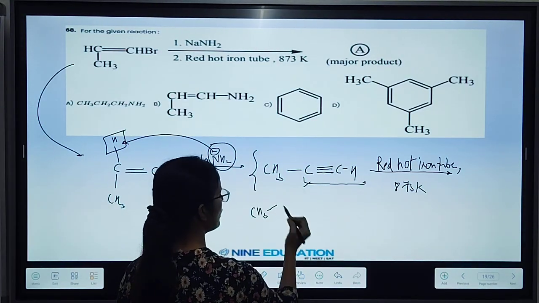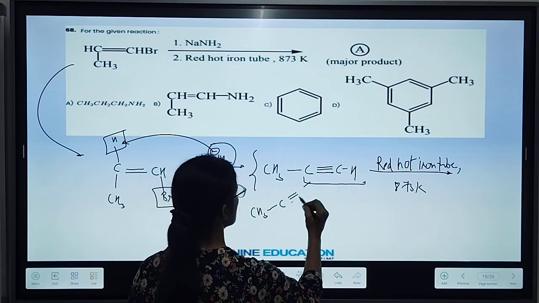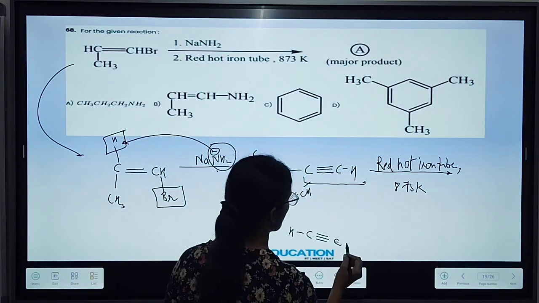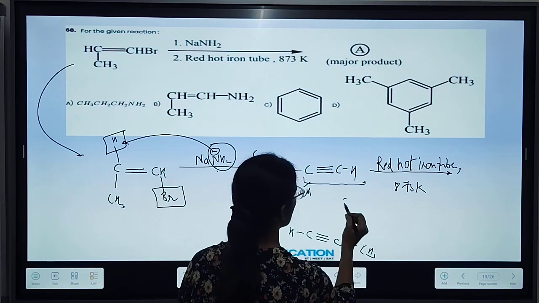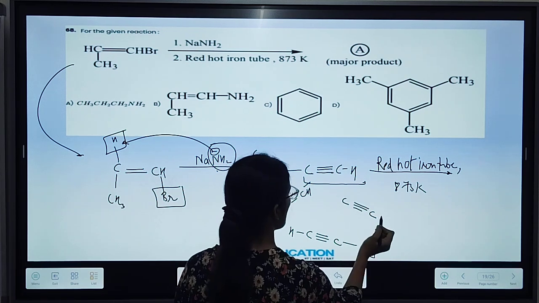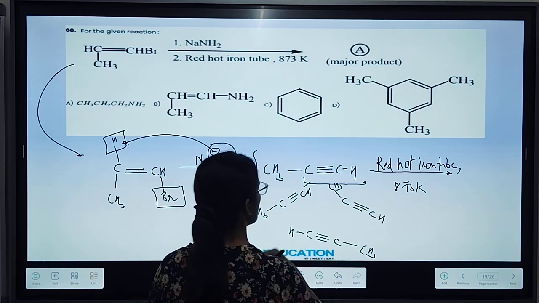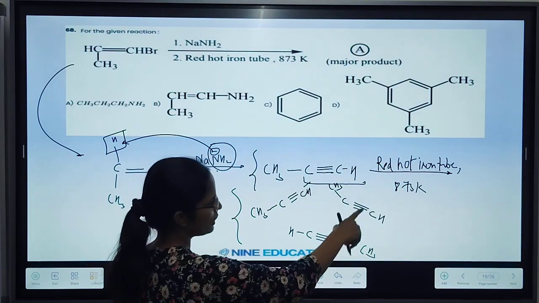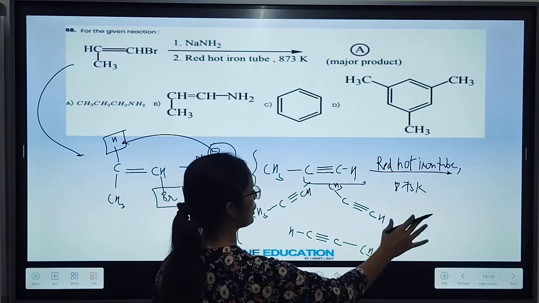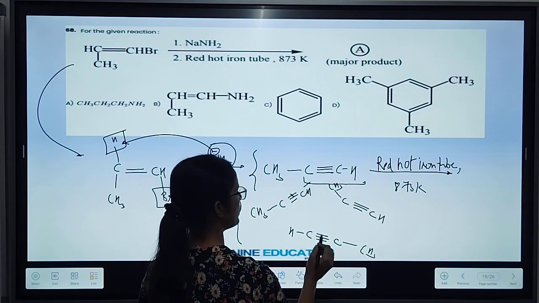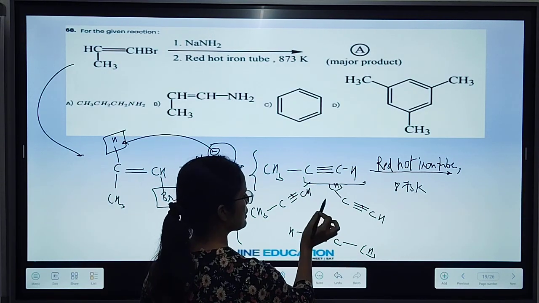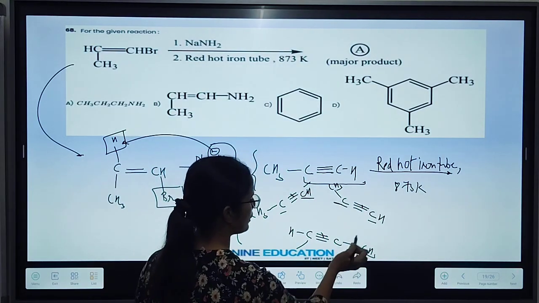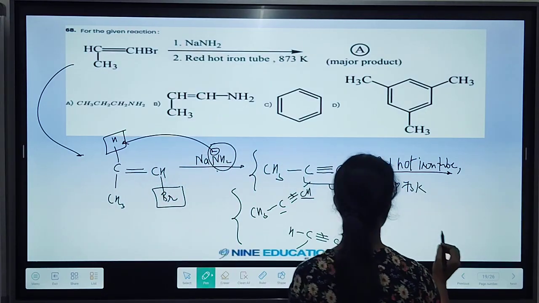We'll be having CH3, C triple bond CH, and likewise if we'll be having 3 such moles, C triple bond C, here we are having methyl, here we are having C triple bond CH, and here we are having methyl. Now if these 3 molecules of propyne react with each other, they will undergo cyclic polymerization and they will give you the final compound. For this, if you break these pi bonds, one vacancy will be created on each carbon. So this carbon, this carbon, this carbon, and this carbon, when they connect with each other, you know what you will be getting?